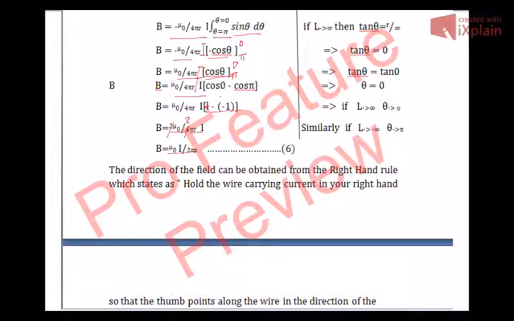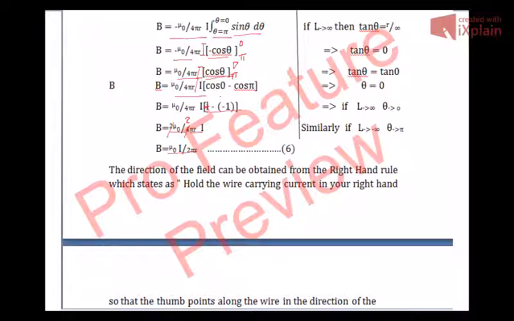and if the distance of point P from the wire is 2 meters, then you substitute for r equal to 2 meters. And mu naught, you know that mu naught is constant, 2 is also constant, pi is also constant. You substitute the value of these, you can calculate the magnitude of magnetic field B. So if tomorrow a problem is given to you, you just have to know how much current is flowing in the wire, and at how much distance we have to calculate the magnitude of the magnetic field.